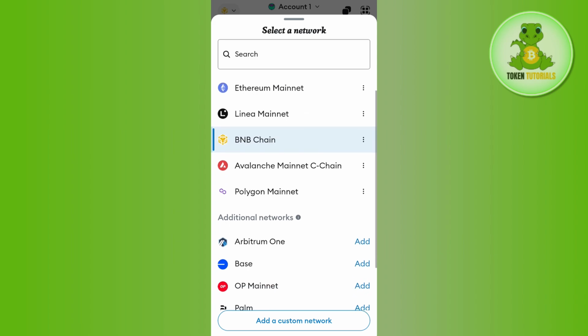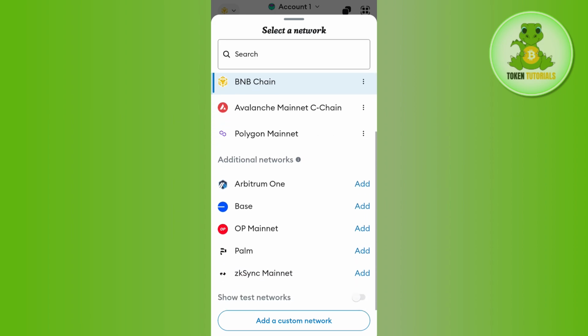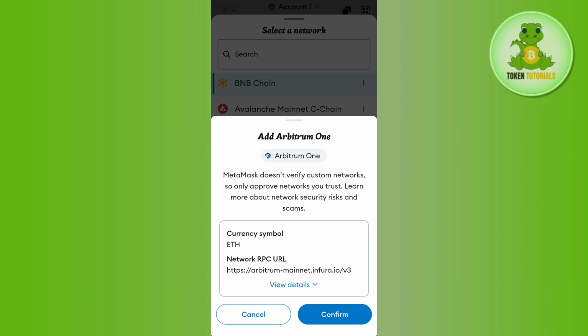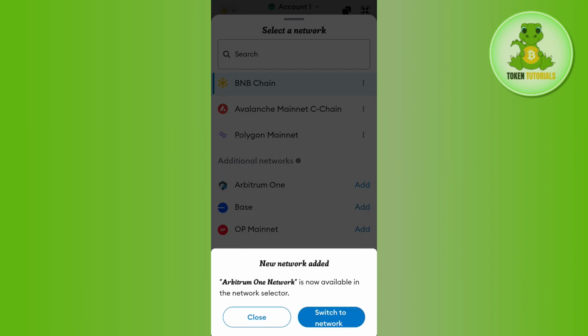Now since we want to add Arbitrum, you need to just scroll down a bit, and in the additional networks you will see Arbitrum 1, and right next to it you will see this add option. So you need to tap on add and then you will see this type of page in front of you, where you just have to do nothing but to just tap on the confirm option in the bottom right hand